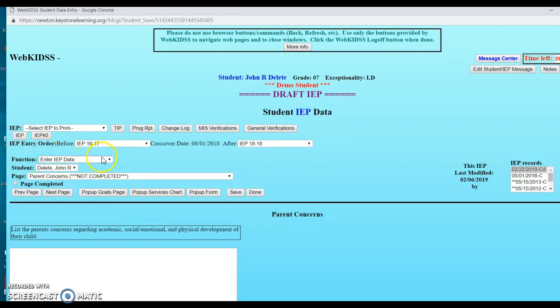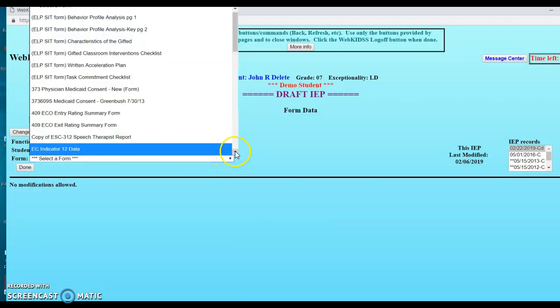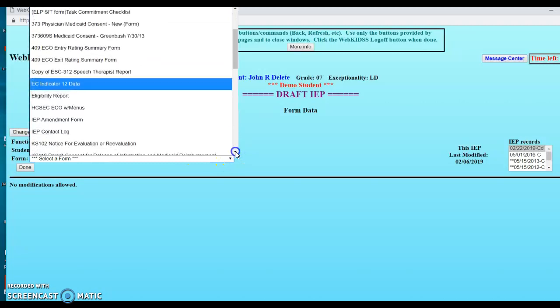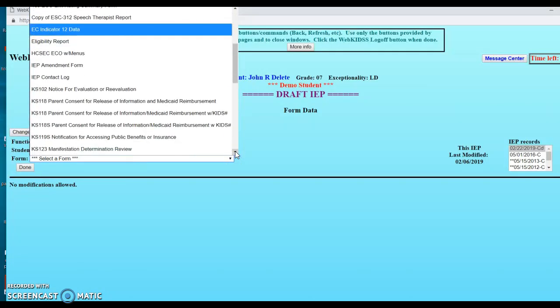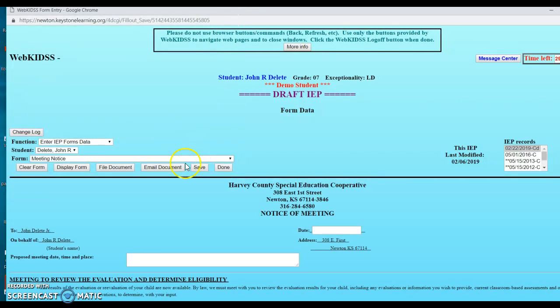So I'm going to go to Function, and we're going to enter our IEP forms data. Now we're going to pull down that screen and look for Notice of IEP Meeting notice. Webkidss auto-populates the names and the addresses. The date that I contacted this parent was January 22nd. And the meeting is going to be February 22nd, 2019